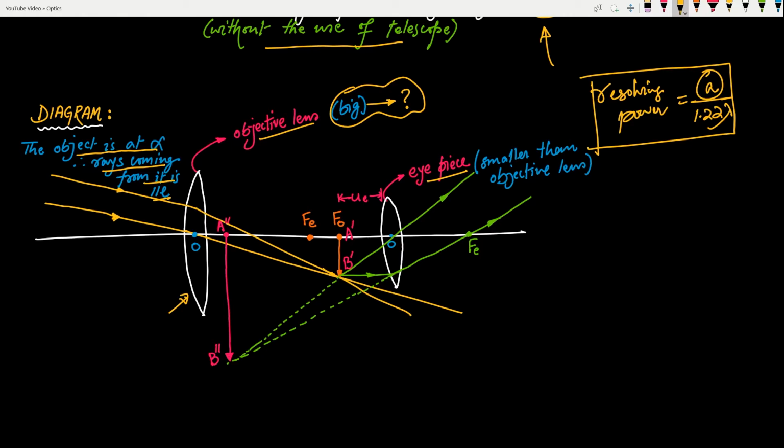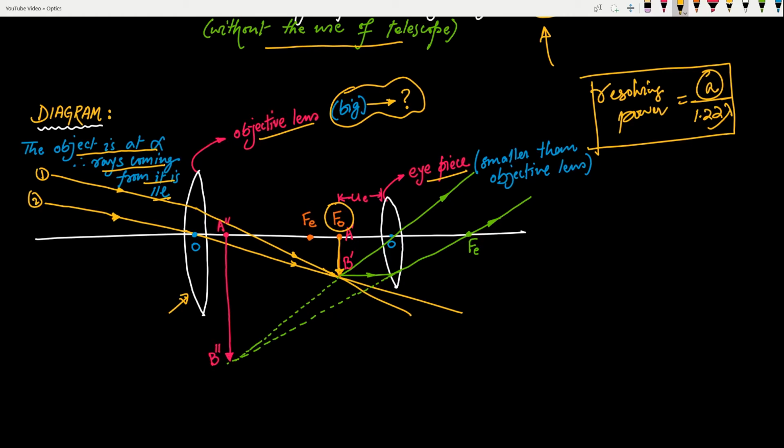So as you can see, this is ray number 1, this is ray number 2. Both the rays are parallel. After refraction, they meet at focal plane. That is, this is the focus of the objective lens. As you can see, this is the object formed. This is the focal plane. Clear? Now, the image that is formed due to the objective lens will now act as a virtual object for